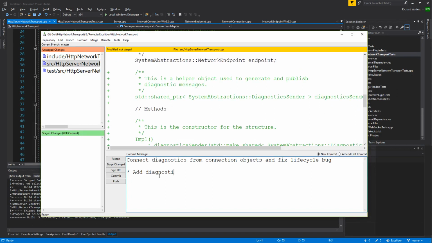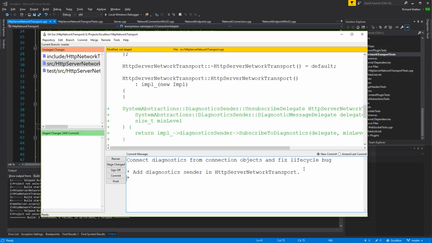So add diagnostics sender in HTTP server network transport. Add ability to register to or subscribe to diagnostics from, which gives you diagnostics from all connections created as a result.